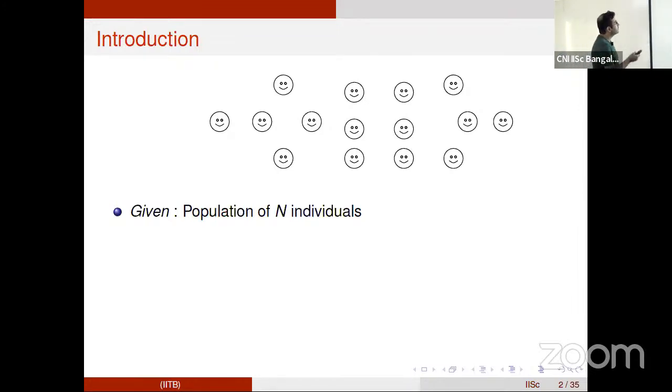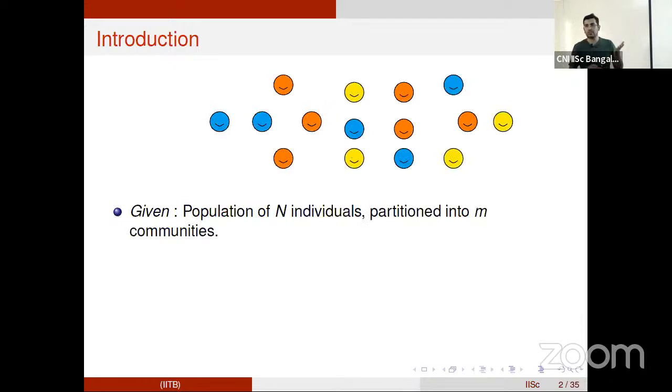So, let me give just a brief outline of what we are interested in. We are given a population of n individuals, and each of these individuals belongs to a certain community.